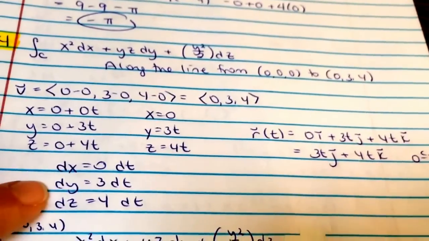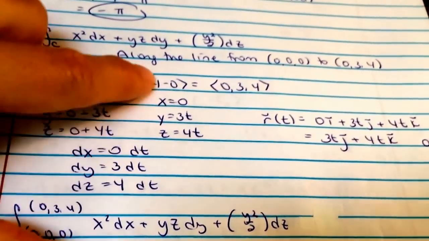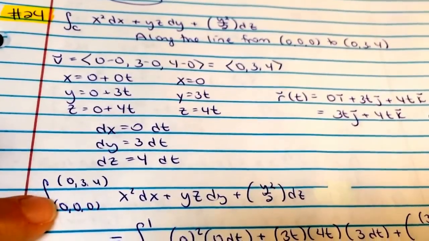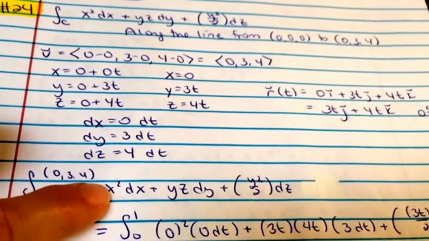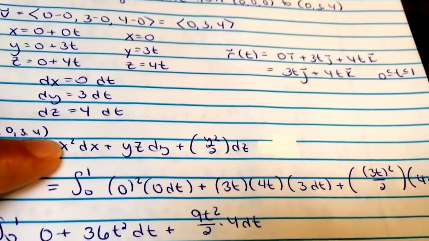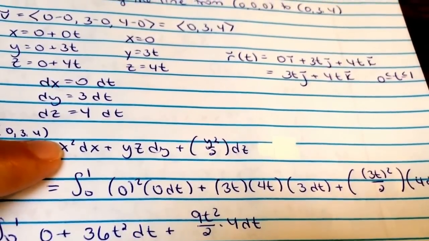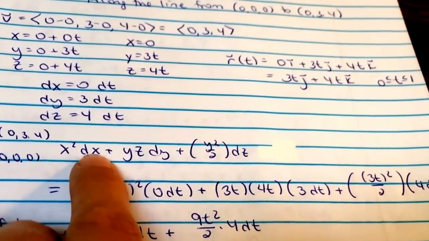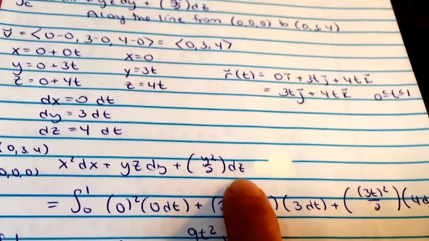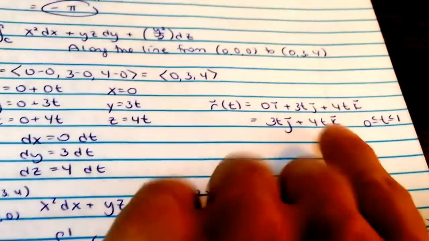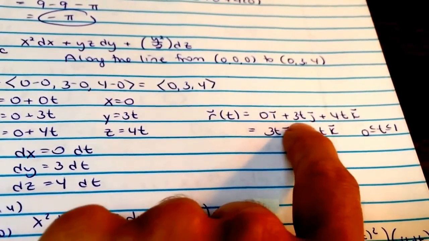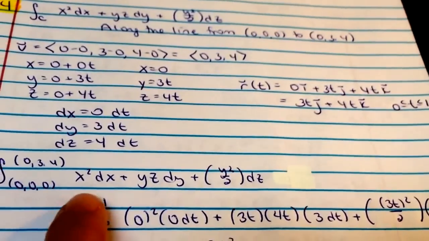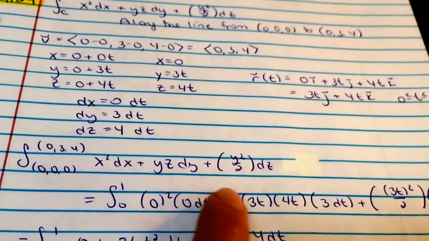And then I'm going to need the derivatives of these. Right here's x, y, z. So there's the derivative of x, y, z. And then here's my starting point, my stopping point. This was my integral. So what I'm doing now is here, see these dx, dy, dz, and plugging those in place of dx, dy, dz. And then for the x, y, and z, that comes from here. X is 0, y is 3t, z is 4t. Okay, so plug in for x, y, and z, plug in for dx, dy, dz.